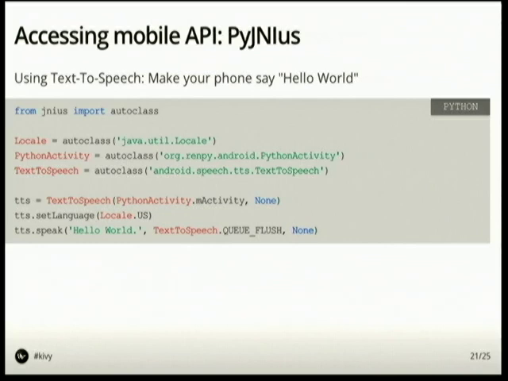Like I want to say something from my phone. So I import jnius, autoclass. It's like importing the definition of a Java class into Python. And then I'm just using it. It's very easy to understand. OK? And another example is if I want to access the GPS of my phone,